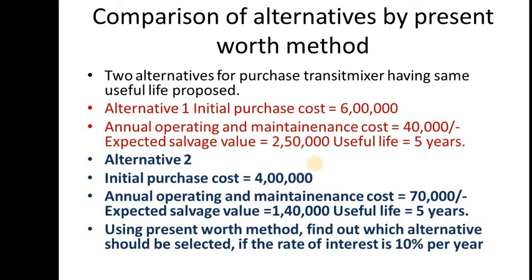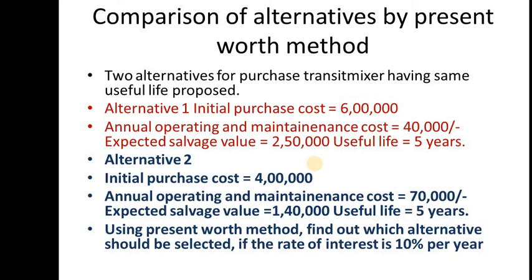We'll go to the problem now. So now it's an actual problem. We are going to compare the alternatives. I told you in the last class, I guess you remember, an important economic principle: we have to focus on the difference. Even though the alternatives have identical points, we have to focus on the difference, which is the main criterion to select a particular alternative among the different alternatives. So now you see the comparison of the alternatives by the present worth method. It is just the calculation of P; I need to use the formula. That's it, nothing else.